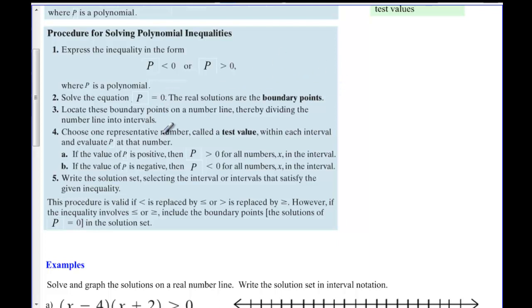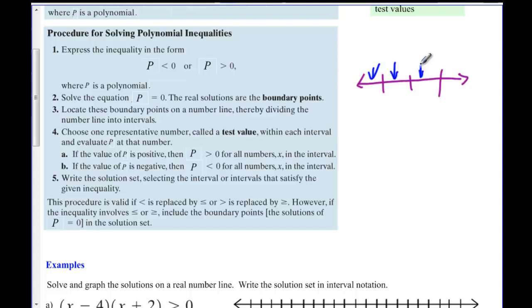At this point, I always draw a number line. I mark my boundary points. And then a test value is going to fall in between boundary points. So essentially, we're going to take a number line and break it into a couple of pieces. For our boundary points, and again, the boundary points came by setting it equal to 0 and solving for x, if I end up with 3 boundary points, then I need to pick a test value in